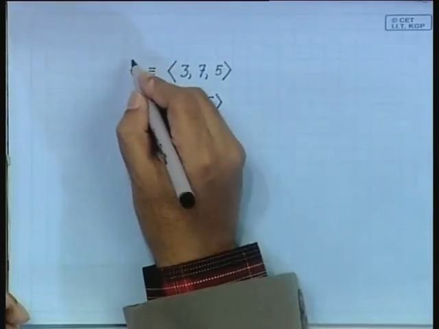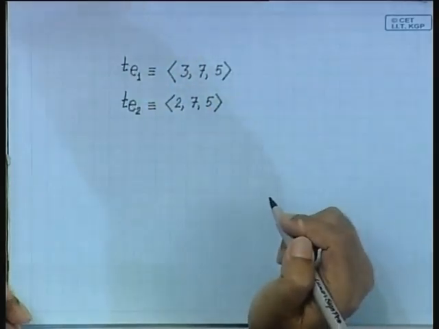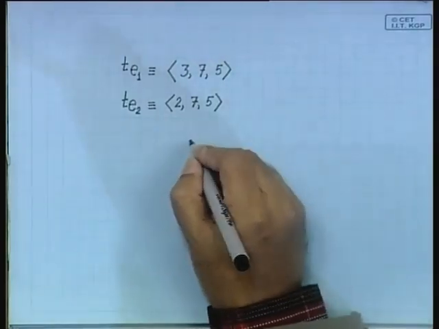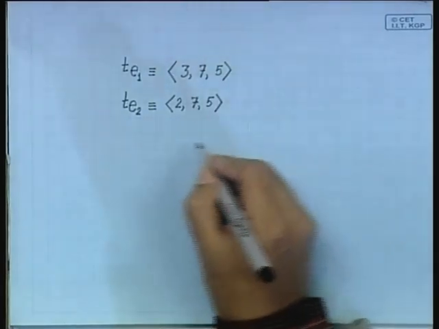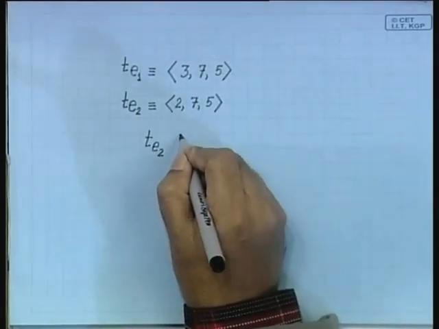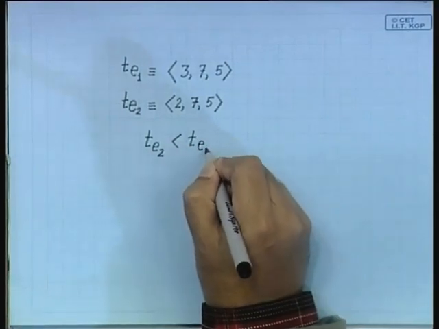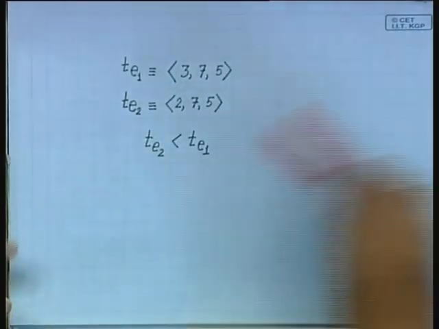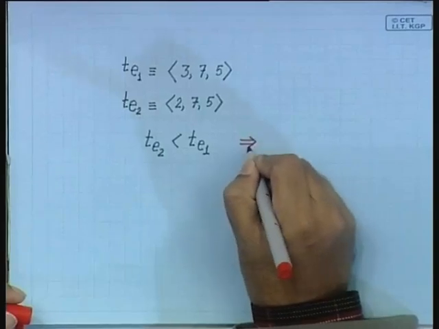This is the timestamp of E1, this is the timestamp of E2. By comparing the two, we see that TE2 is less than TE1. From this, we want to conclude that